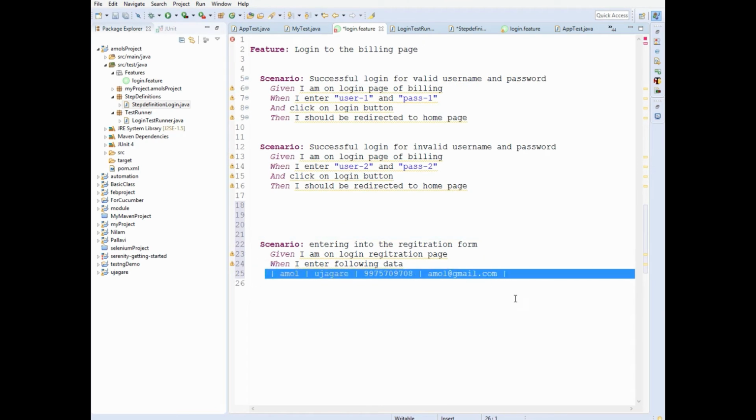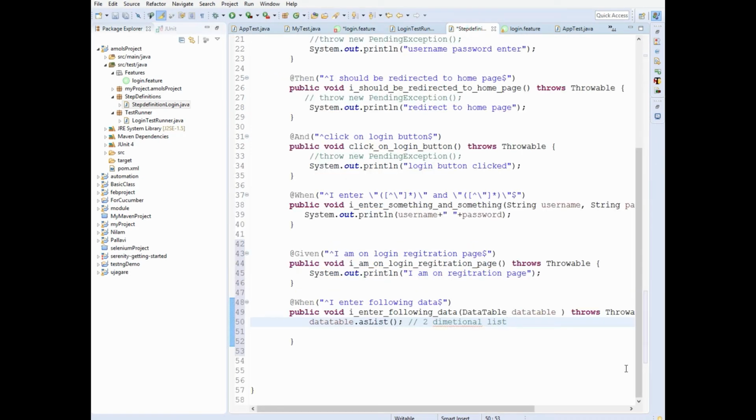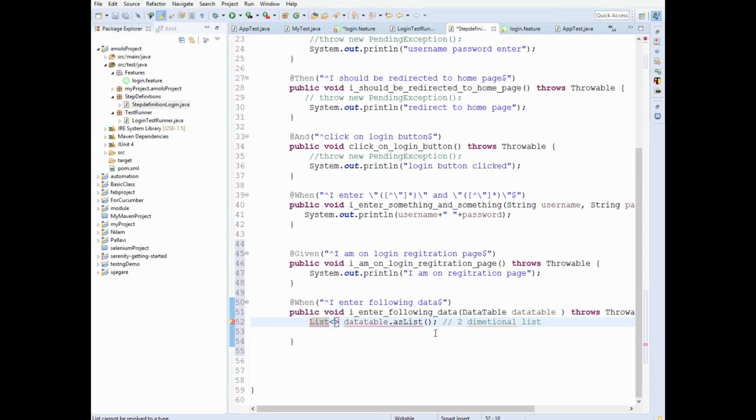This is a list having one row, right? We will store it into a list of list, just like two-dimensional array. It is a two-dimensional list. Import List from java.util, and this is List of List of String, and we will call this simple object is equal to this.